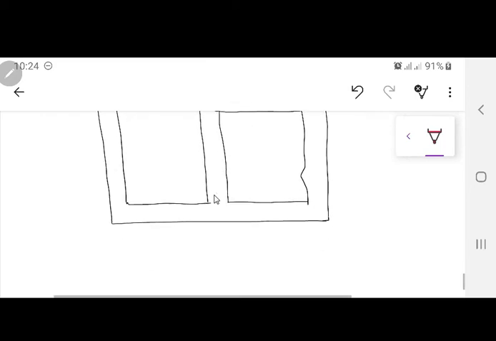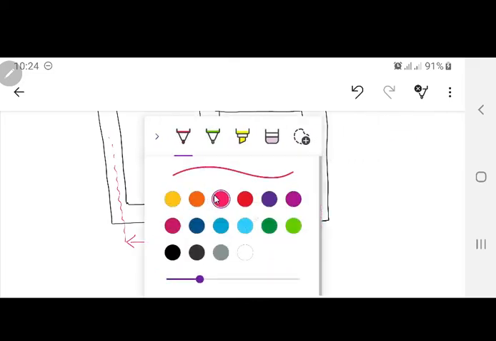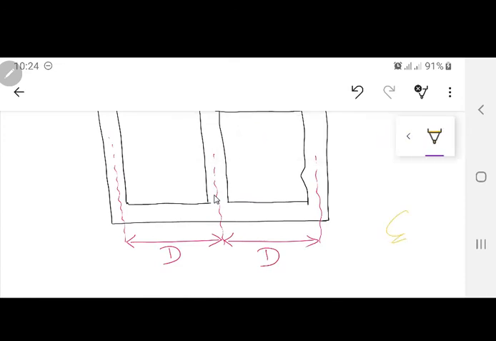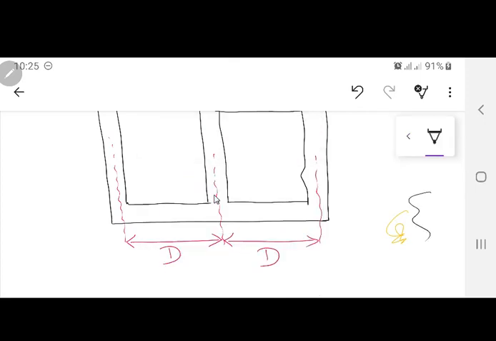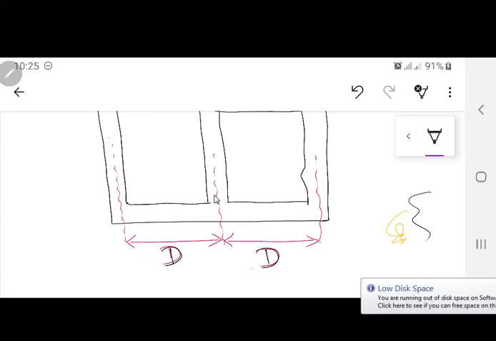G, again same thing, from the center of this to the center of this is equal to D, and again center to this is... yellow नहीं है, ये शायद मैं red यूज किया था, येलो यूज करो, एक सेकेंड, नजर आ रहा नहीं. Yeah, something. So this is D and this is D